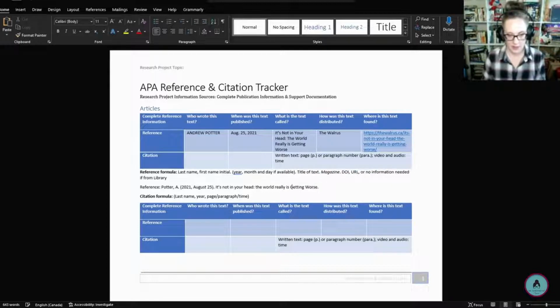So we have our I, G, and W. Okay, so if I look at my reference formula, I have my last name, first initial, my complete date information. I have the title of my text with a period afterwards. Now I need my magazine name. We have The Walrus. This stays in title case with a period afterwards because that is the end of the